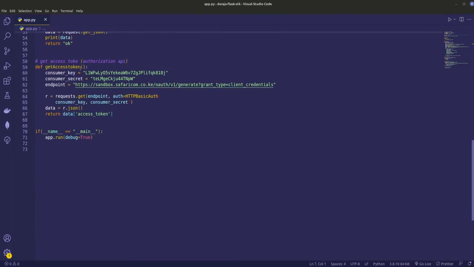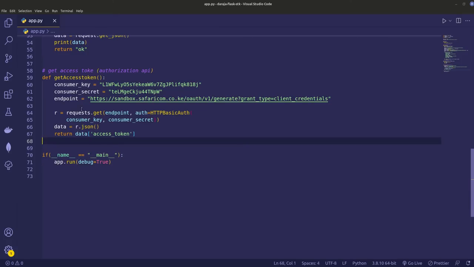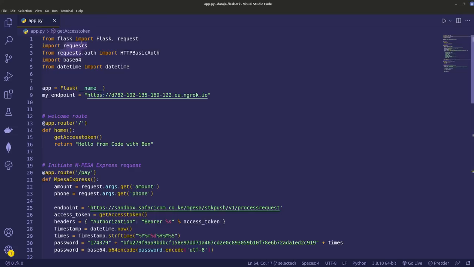So I'll go down here, and here we have a function for getting the access token. And here I've added my consumer key and my consumer secret. You can get this from your sandbox apps on Daraja. Then this is the endpoint for authorization. We'll call it the authorization API, or the endpoint for getting the access token, right? Then we'll come here, have r for response, is equal to requests. Remember, this is the requests here,